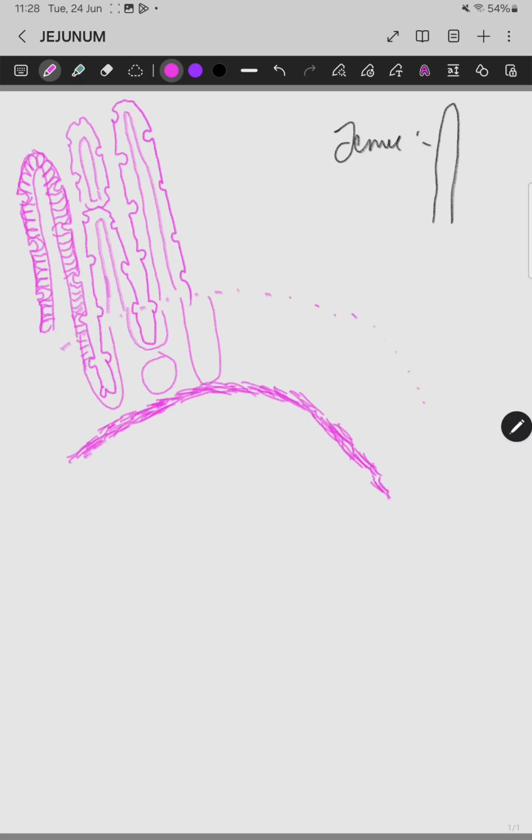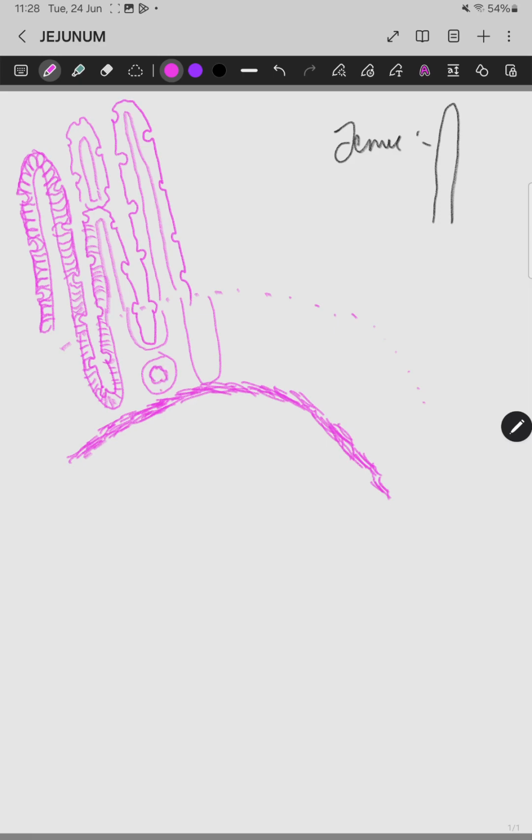but we can see the cells of the crypt have some difference. The villi are actually lined with enterocytes, that is the striated columnar cells. In crypt also we can see the striated columnar cells are the main cell, but you can see the Paneth cell, zymogen cell, enteroendocrine cells, all these things are present inside the crypt. So we cannot differentiate it, but they are present there. And here is a cross section.